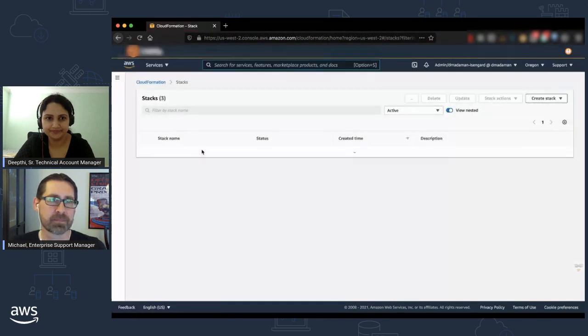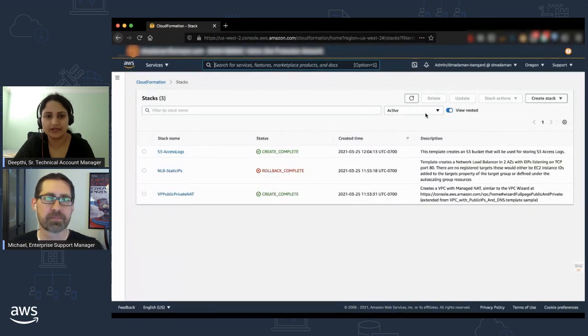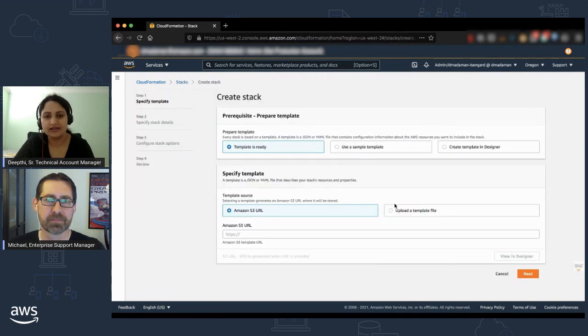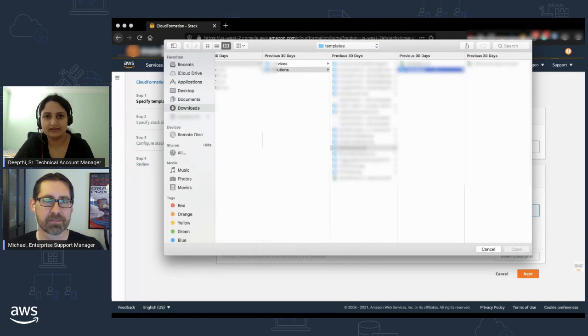So, time to install the CloudFormation template. I'm going to create a new stack with new resources, and I'll give the template file.